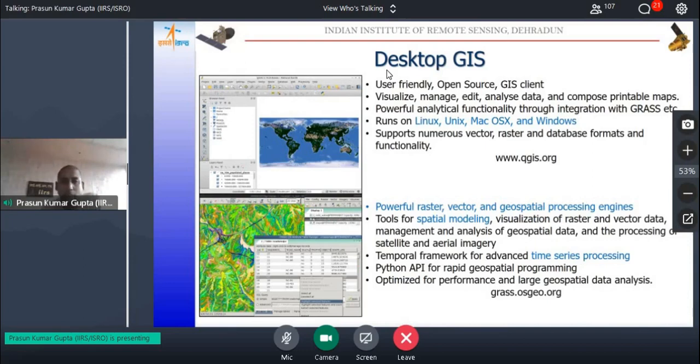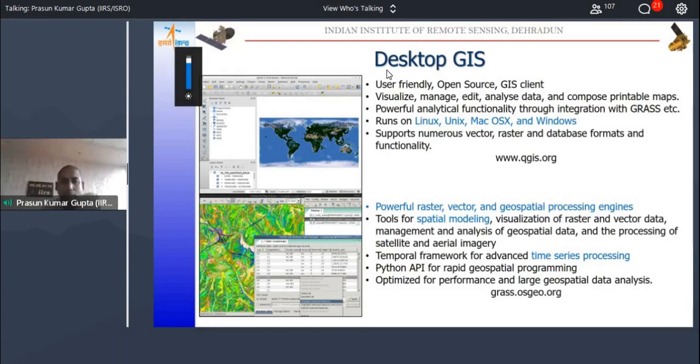Then we talk about GRASS. GRASS is a powerful raster vector and geospatial processing engine software. The best thing about GRASS is it has tools to do your modeling.